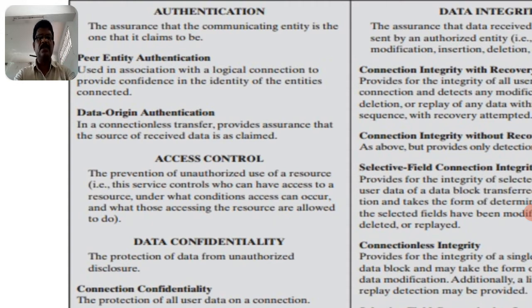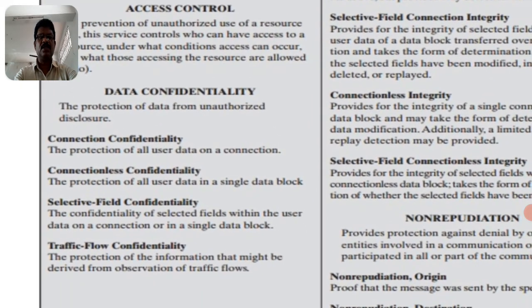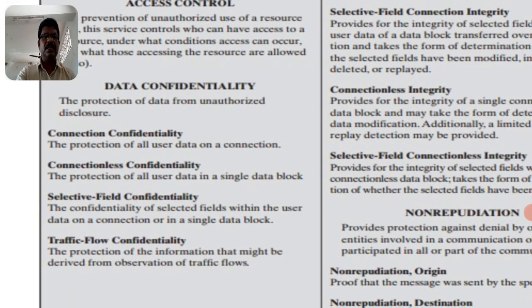And the second one is confidentiality. What exactly is confidentiality? Confidentiality is a service for the protection of data from unauthorized disclosure. It protects the data from the unauthorized, and unauthorized here means the opponents. The opponents fall into two categories: one is the human side and the other is software. The human opponents are hackers and crackers.